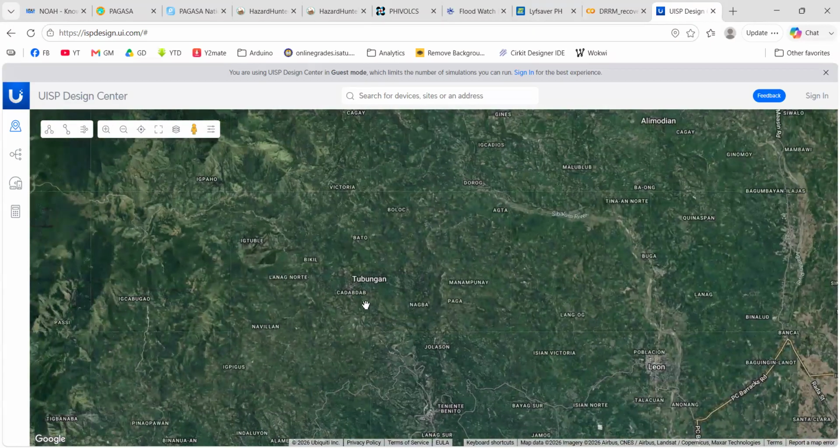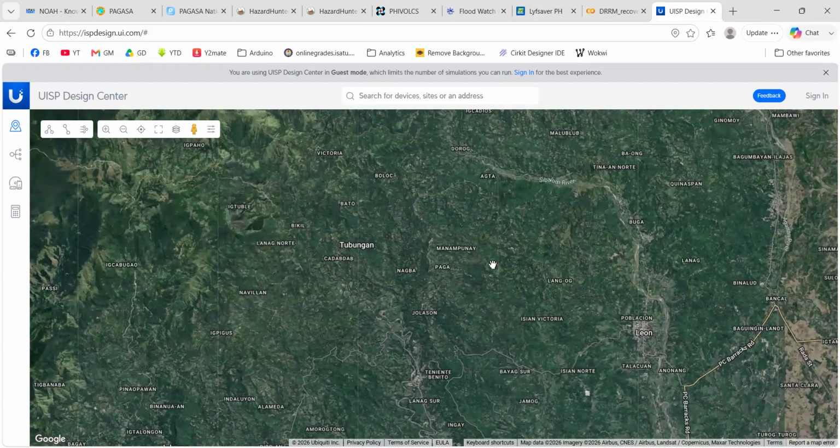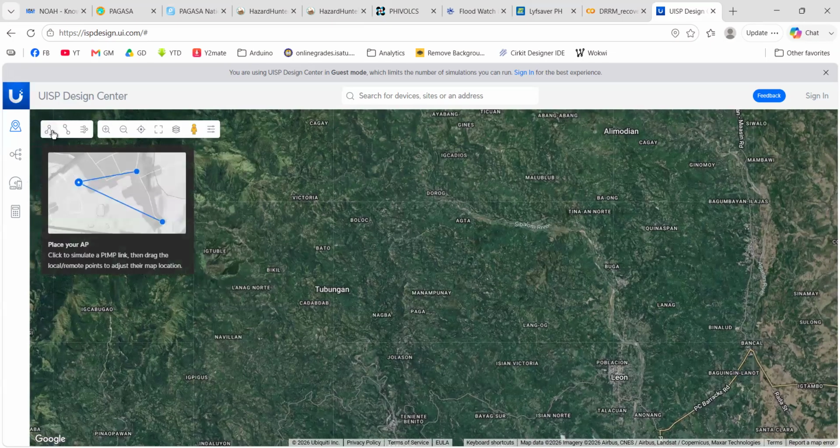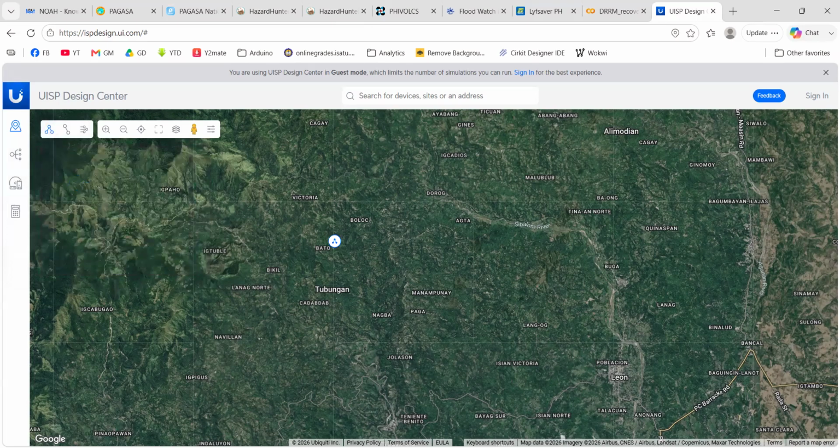So Tubungan is quite mountainous area. So I'm not sure which of these is kind of remote and disaster prone, so I'm just plotting randomly. So suppose I'm going to provide a temporary, whether temporary or long-term